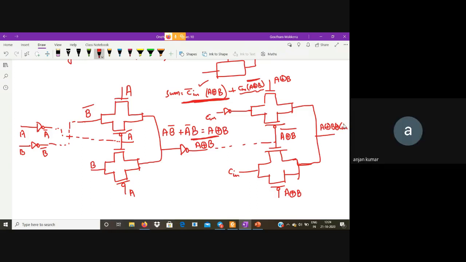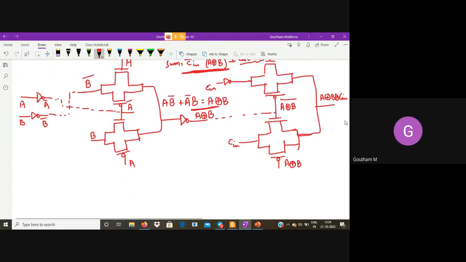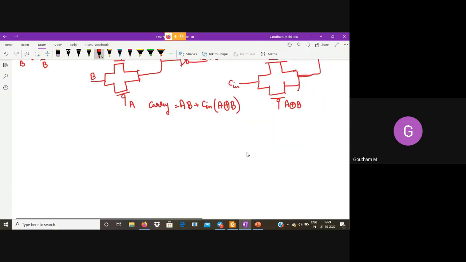Till now okay? So now we have carry. What is the expression for carry? AB plus Cin into A XOR B. So here, to reduce the transistor count, using the top transmission gate I'll generate this expression, and using the bottom transmission gate I'll generate this expression.